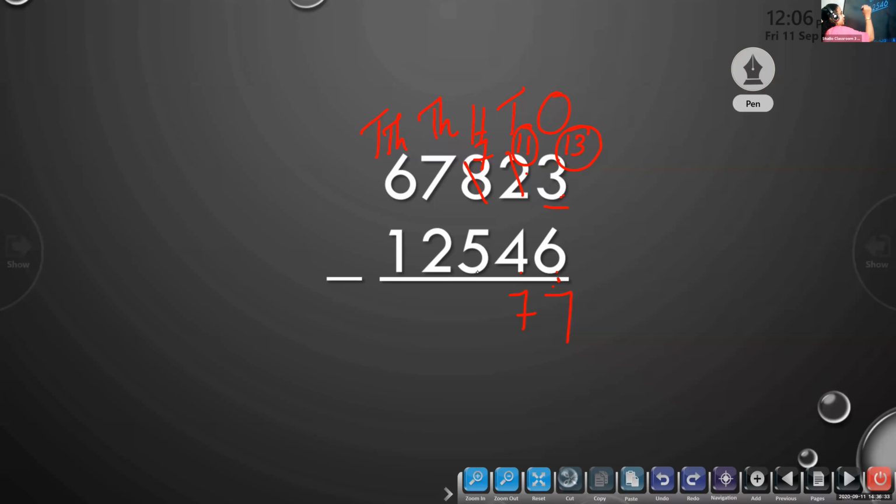And here 7 minus 5. 7 is bigger than 5. So no need to borrow. So what's the answer? 7 minus 5? Yes, Catherine. 2. 7 minus 5 is 2. Again, 7 minus 2. 5. Okay. Now the last, 6 minus 1, that is also 5. So here we got the answer as